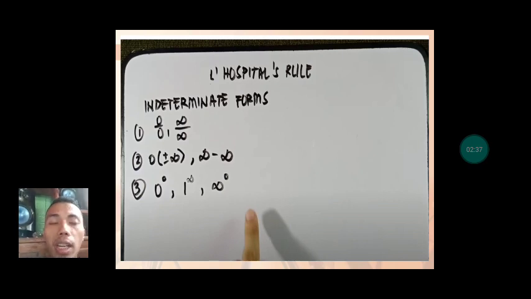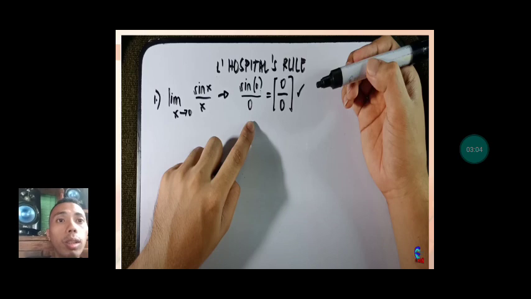So, I'm going to give you a proper example in applying L'Hopital's rule. These are broken down into 3 categories for us to easily understand. Number 1 is 0 over 0 or infinity over infinity. So, let us try example number 1. Number 1 is using the limit